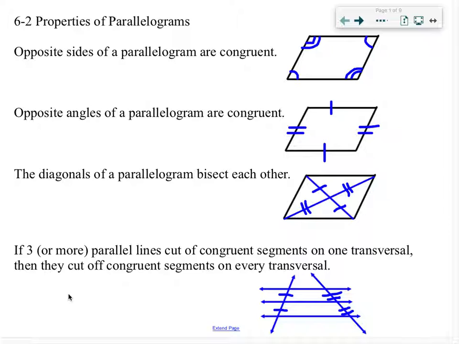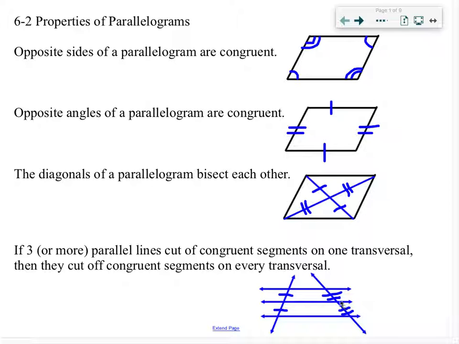If three or more parallel lines cut off congruent segments on one transversal, then they cut off congruent segments on every transversal. So what they're saying is, if I tell you these three lines are parallel, and I say this segment on this transversal is congruent to this segment on this transversal, then you can conclude, if I draw another transversal through these three lines, then this segment here will be congruent to